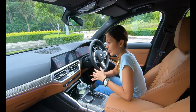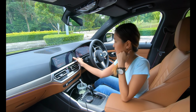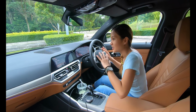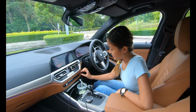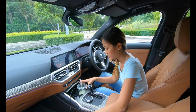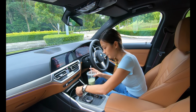The whole time that I've been with this car, I didn't even notice that this is actually the bezel, and the bezel is like this huge at the right side here. But I think it blends well perfectly. Again, I love the whole driver-centric that BMW has. Everything is facing the driver. This is mainly for your media. It's also touch. Ta-da! Here you have a wireless charger inside there, two cup holders, 12-volt socket right here, one